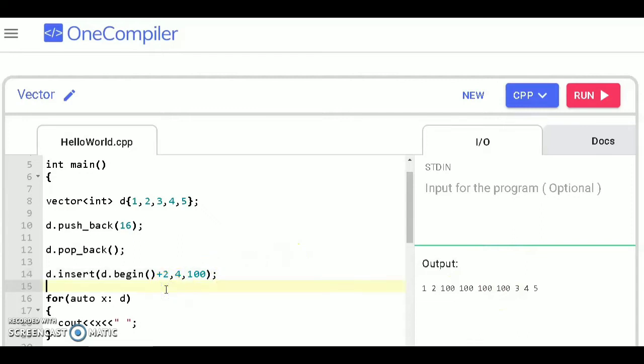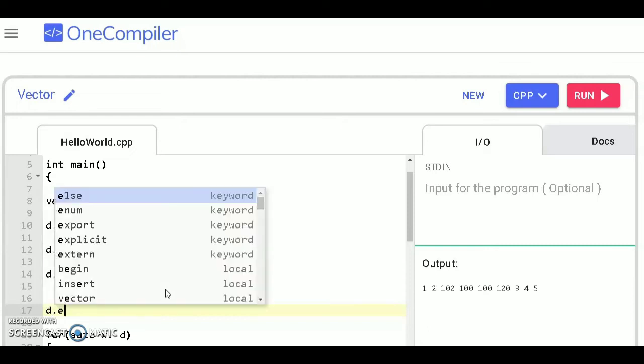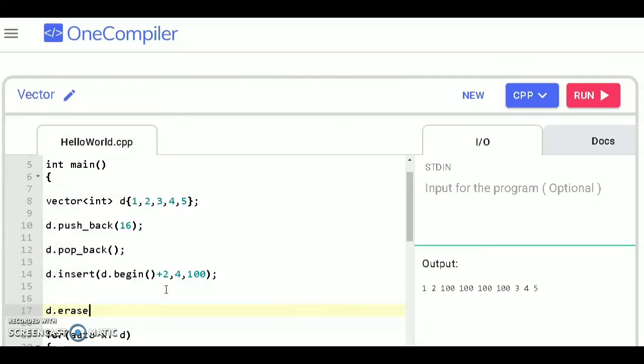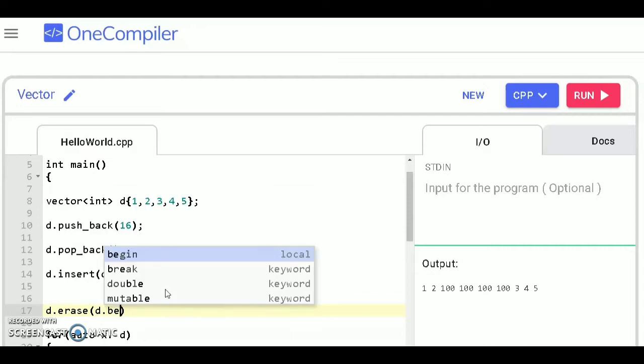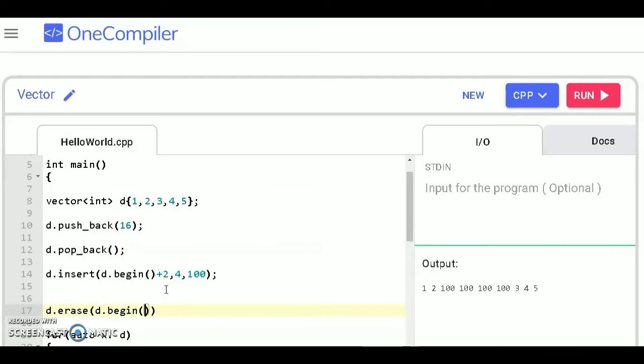Similarly, you can erase the element from the middle by the erase function, and the time complexity for this erase function is also order of n. So d dot erase, and you have to pass the iterator from which position you have to erase, d dot begin plus 3.